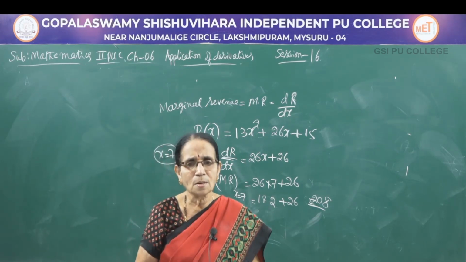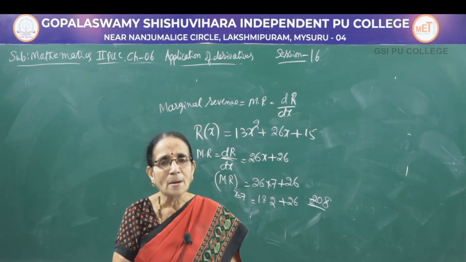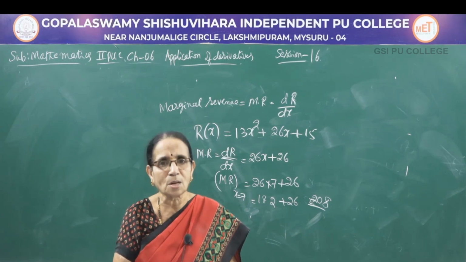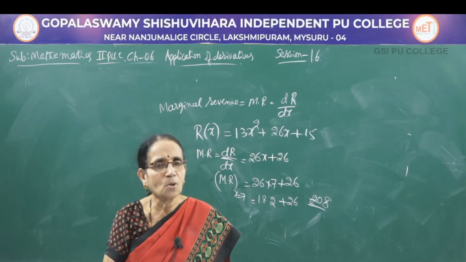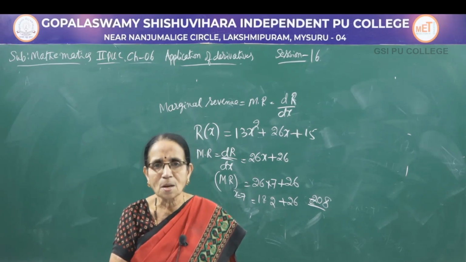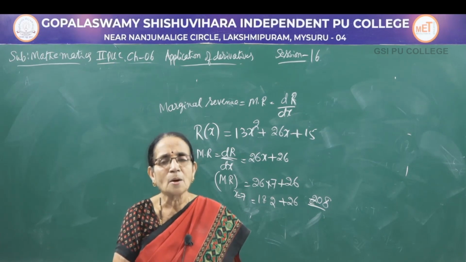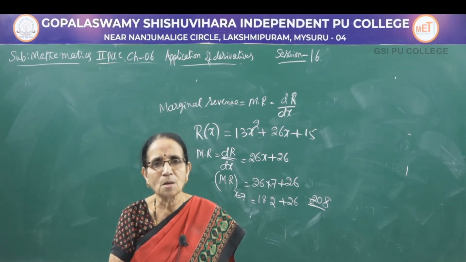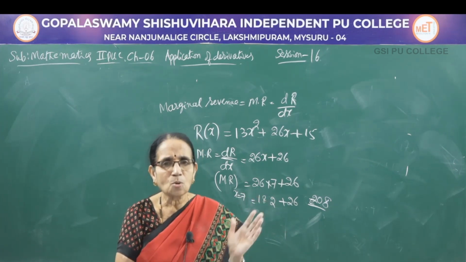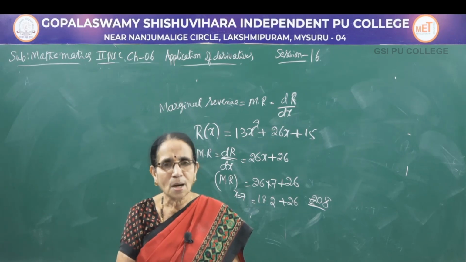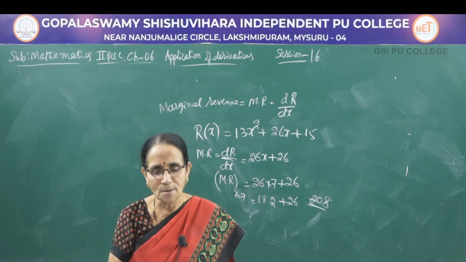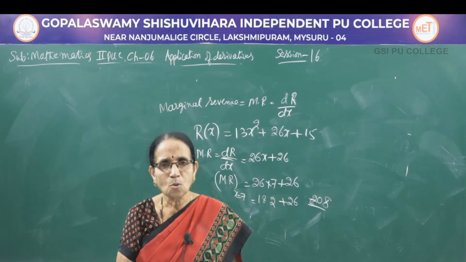So this is what we consider a commercial application. The application of the derivative: we apply the knowledge to a commercial concept. With the cost function and the revenue function, we calculate the marginal cost and also the marginal revenue. It is nothing but the first derivative of the cost function with respect to x and of the revenue function with respect to x. This can usually be expected for a 2-mark question, quite a simple one, because we are differentiating and substituting the value of x. Within 2-3 steps we get the answer. So this is generally expected for a 2-mark question.